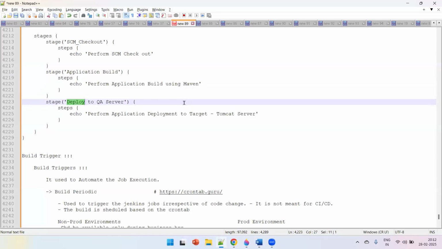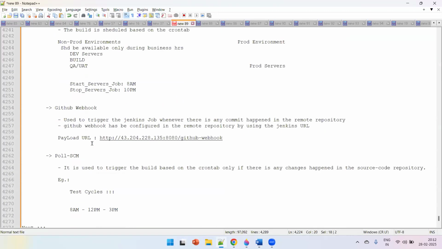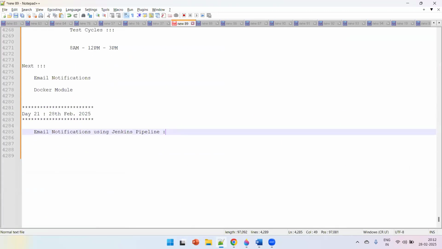And what about the last stage? Whether the deployment is successful or unsuccessful, you have to send the notification. If it is successful, we can notify the development team and the testing team. If it is a failure, we can inform the development team. Correct? So to achieve all these things, first thing, we have to set up the